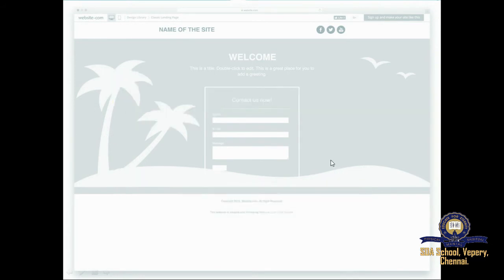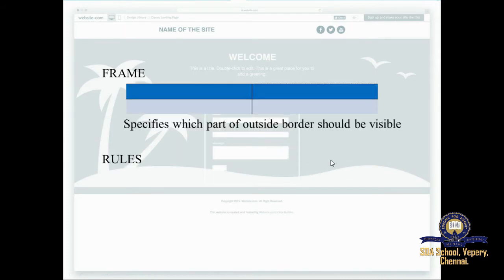Okay. The next thing you have is frame. What is a frame? Look at this. It specifies which part of the outside border should be visible. That is, either the left side of the border should be visible, or the right corner, or the top or the bottom position. So outside the table, what borders should be visible is specified in your frame.